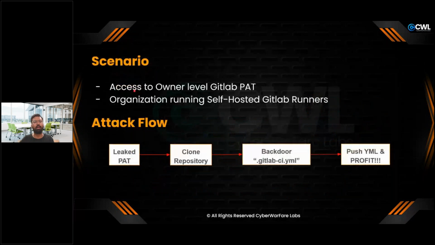So the scenario is that we have access to an owner-level GitLab personal access token, and the organization is running a self-hosted GitLab Runner. The organization that we are trying to compromise is a dummy organization running a self-hosted GitLab Runner. The attack flow is that we have the leaked PAT, we clone the repository, and we backdoor the .gitlab-ci.yml, which as already mentioned is the configuration file. This YML file will be pushed to the repository, and we will get our profit from the self-hosted runner, because this malicious YML file